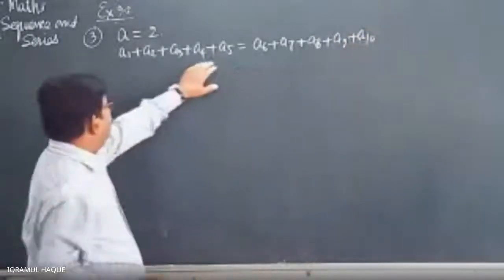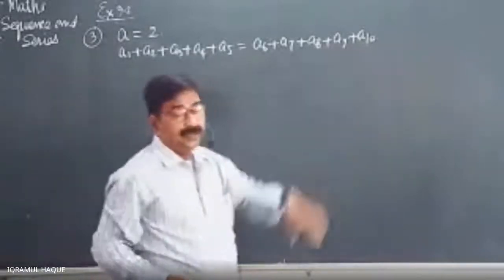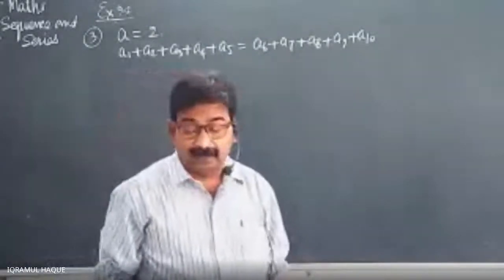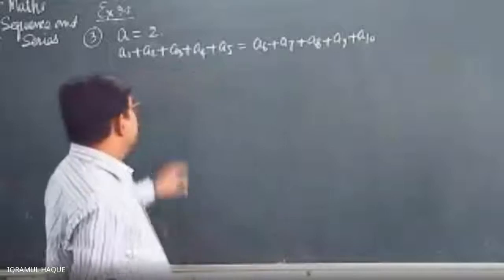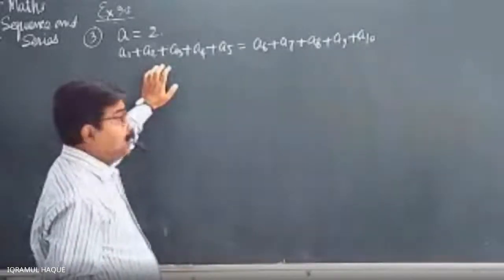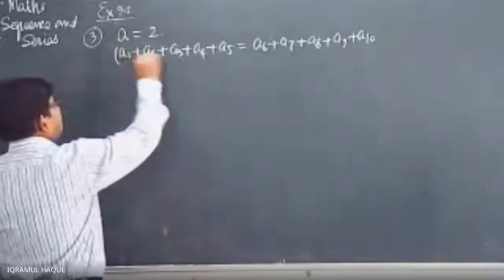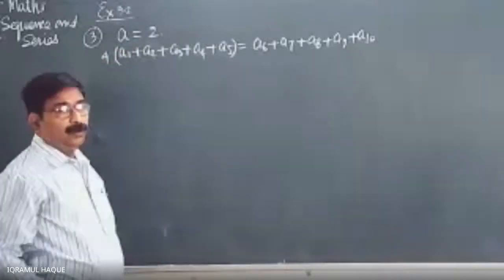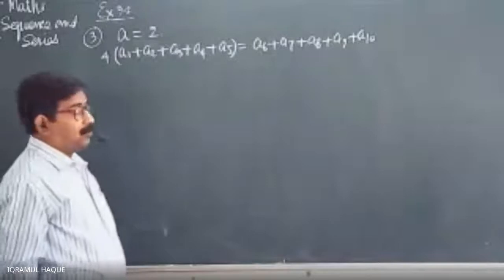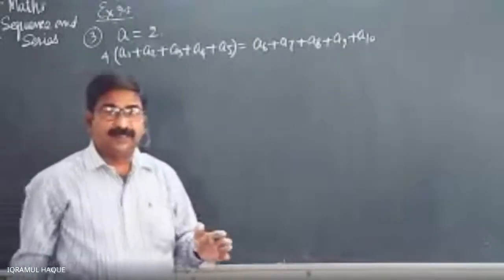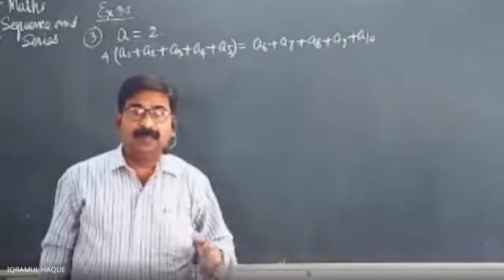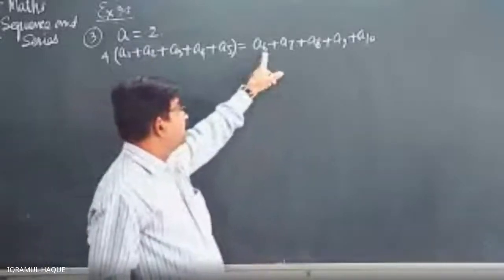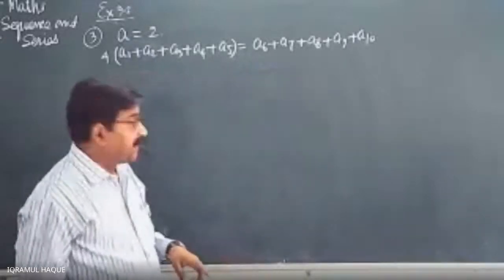See, this is sum of first 5 terms. This is sum of next 5 terms. So given that the sum of first 5 terms is 1/4. This is 1/4. So what to do? We can multiply this by 4 to make them equal. Now these are equal, multiply by 4. Now to find the sum of any sequence, we need to have the terms starting with 1, like A1, A2, A3. Here starting with A6. So there is a trick.